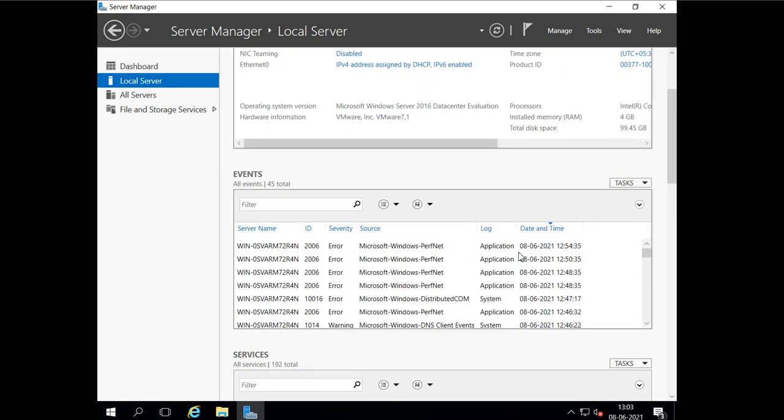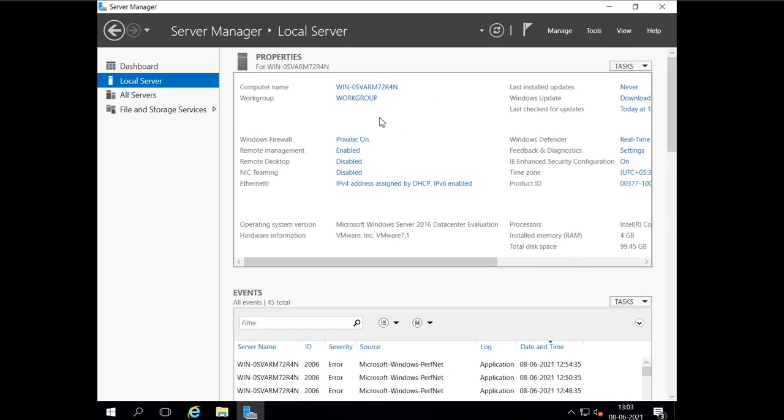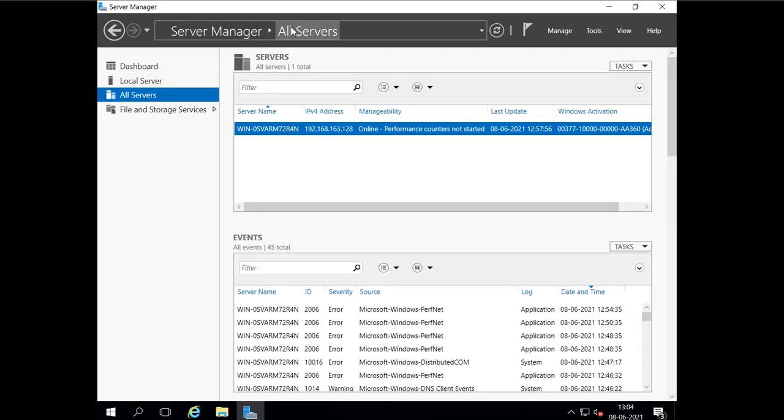And one more thing we have here is the address bar, which shows where we are right now. We are in the Local Server from Server Manager. If I select All Servers, it shows that under Server Manager we are under All Servers. This is just an address bar. Then this is to refresh Server Manager.